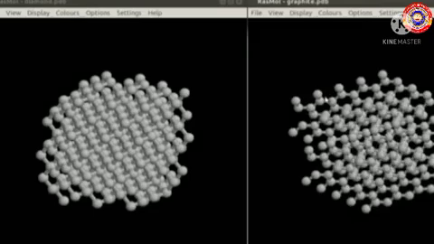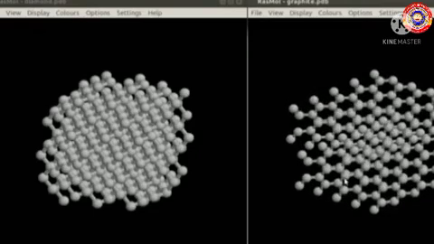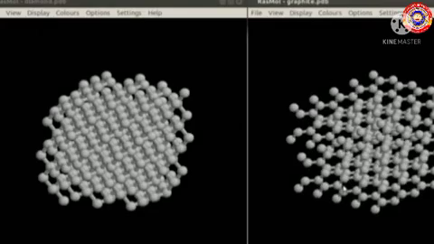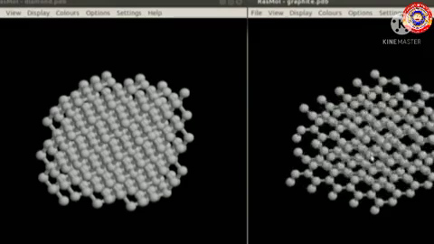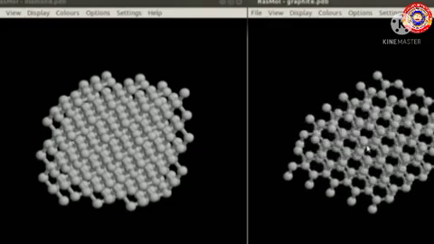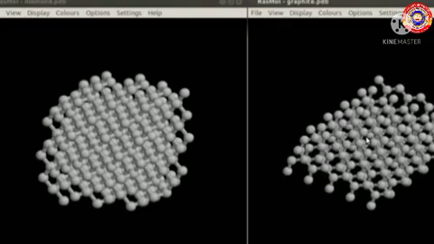Do you understand? Though only carbon atoms are contained in diamond and graphite, the configuration of atoms in their molecules are different. This is why their physical properties appear to be different.